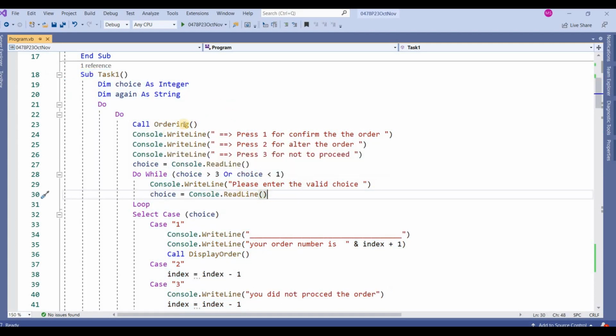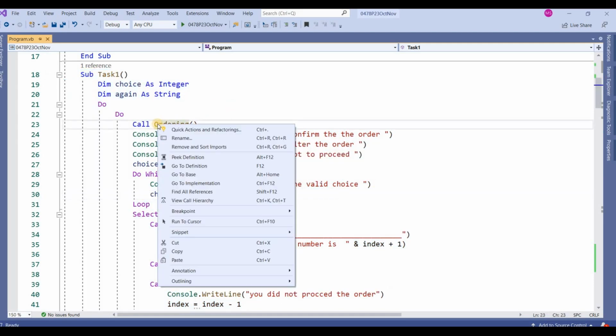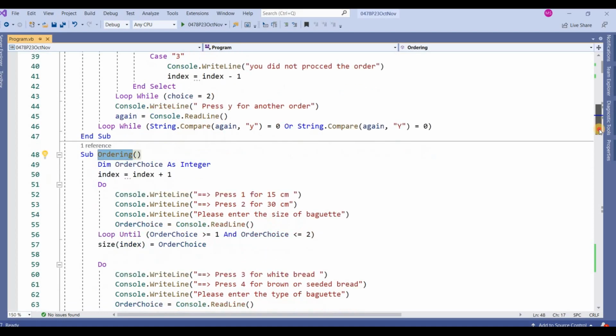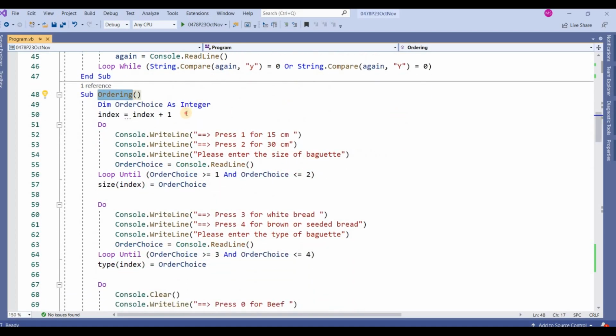Now I'm going to explain call ordering. I will right click on it and go to definition. In the definition, I have written order choice. This order choice will be used in all the options. Index equals index plus 1. Whenever you call this routine or function, it will increase the value of index by 1.